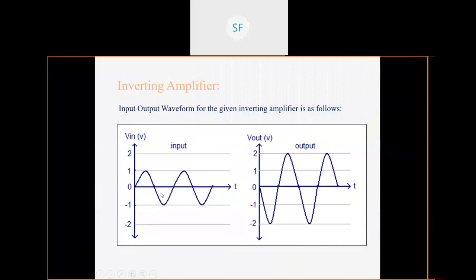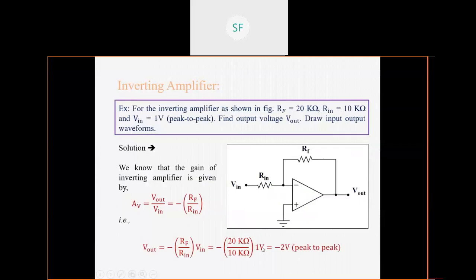This input waveform we have already seen. It is 1 volt positive peak and negative peak, so peak to peak it will be 2 volt. And this is your output waveform. What was your output waveform? Output waveform was 4 volt. Here, 2 became 4 because of the corrections we made: V in was 2 volt instead of 1 volt. So that's why you are getting minus 4 volt peak to peak.